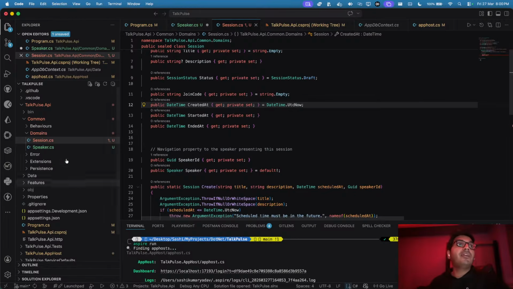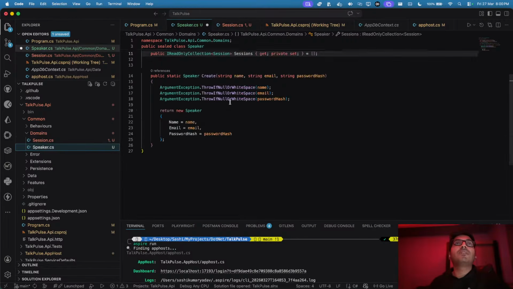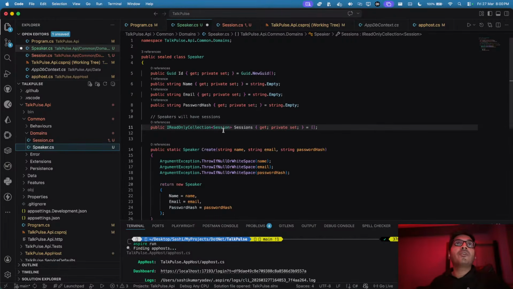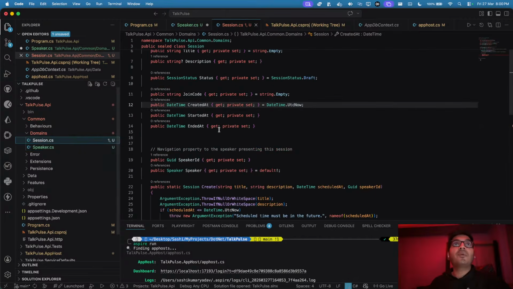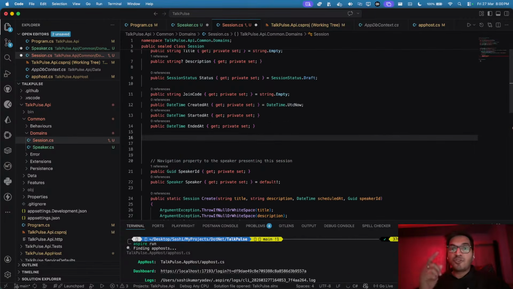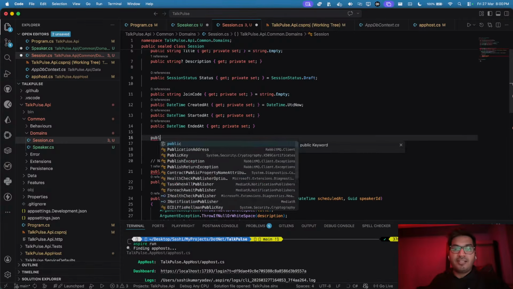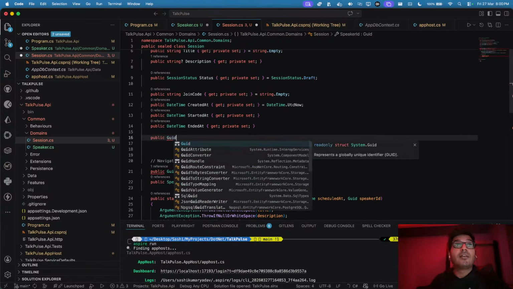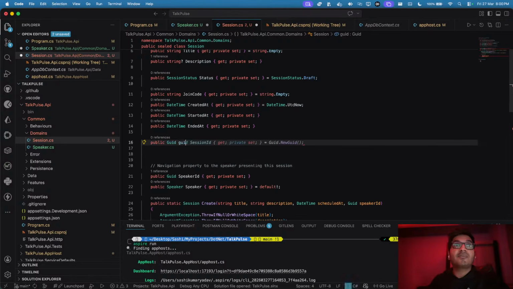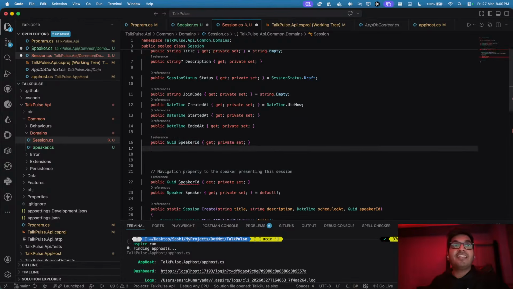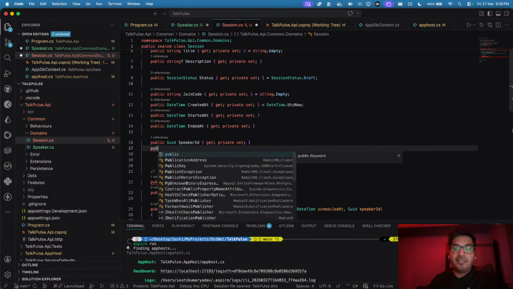Now, if you remember, we have created a relationship here. So how can we maintain the relationship? You need to pass here that there should be one speaker for your session. So here you will create a public GUID. You have a speaker ID. Come on, you have a speaker ID. And then another entity will have the speaker itself to